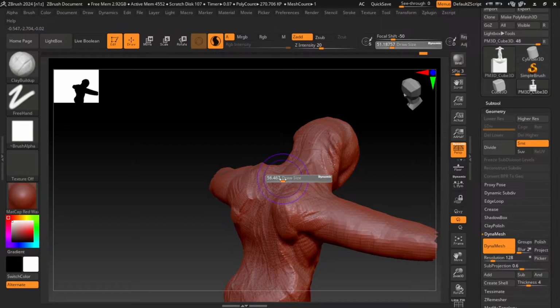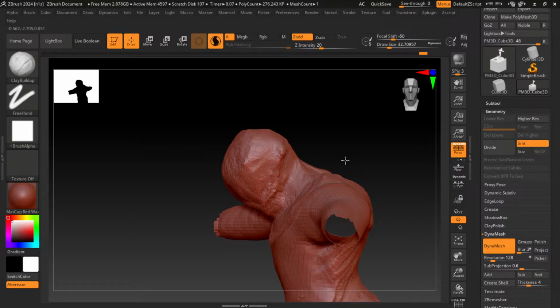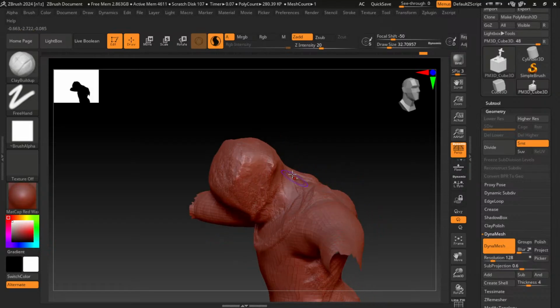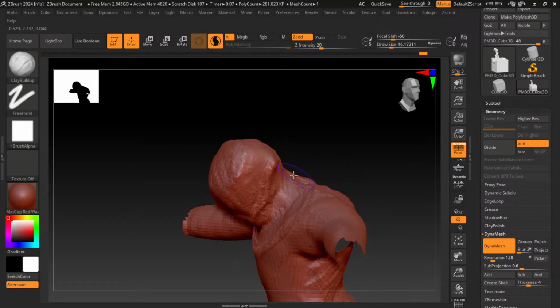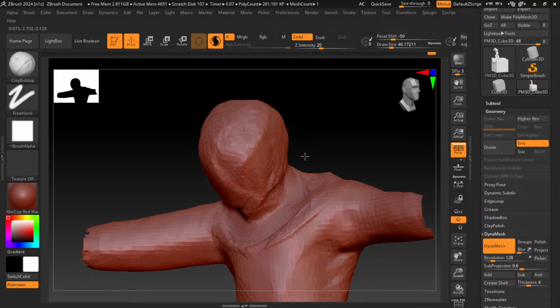I want to see some sort of neck, the seventh vertebra poking out. I want to see him pulling his